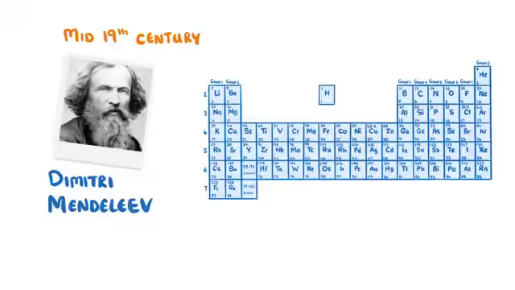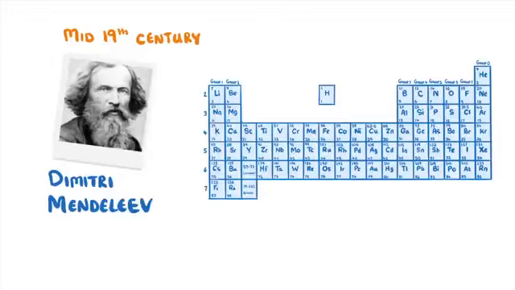Dmitry Mendeleev was a Russian chemist and inventor, and back in the mid-19th century, he devised the periodic table, which organized all of the known elements. In fact, when he made it, it even predicted new elements that we hadn't discovered yet. As we saw in our video on elements, everything in the universe is created from different combinations of the elements